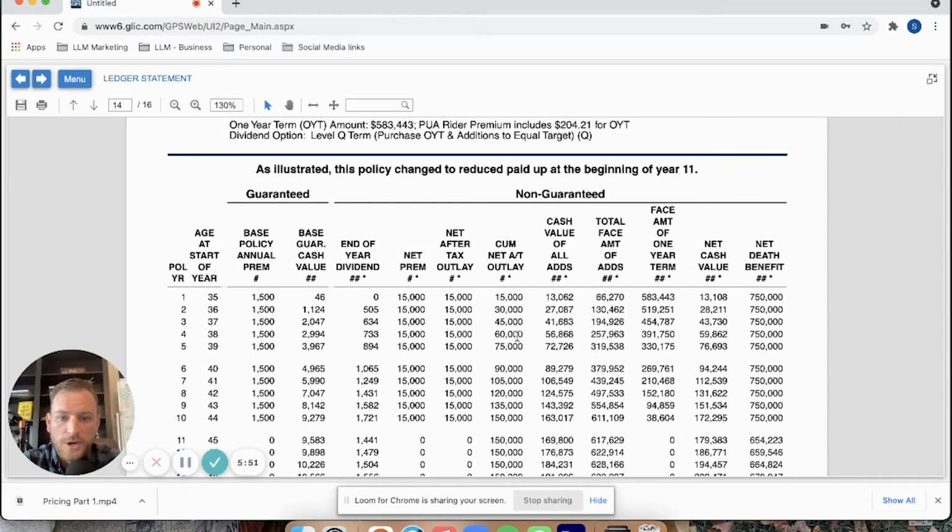And as we go out here, if you look at year 4, you'll see that it's $60,000. We're very, very close, or like within $200. And then we hit what's called our break even, which in this case is between years 4 and 5, where I've paid in $75,000 total, $15,000 a year for 5 years, and I have $76,000, almost $700 in cash value. I'm seeing a positive return. This break even is what we really want to pay attention to. We've designed this policy to minimize that expense and maximize cash value in here.